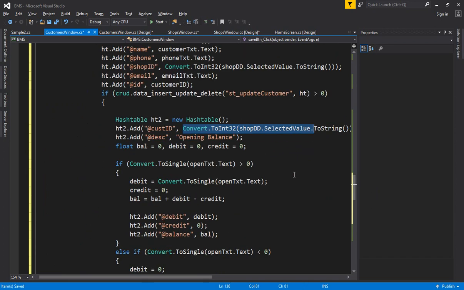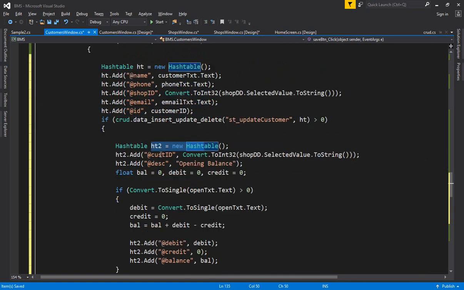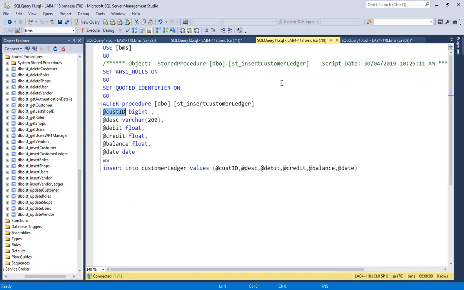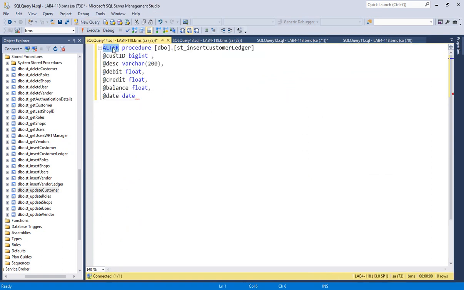Let us first do the updation code and then we'll see this problem. Okay, close this properties window. We are in the update mode, all the things are there, the update will be done, and then you have created the hash table, and for updating the customer ledger we have to go and copy this code and come here, paste it, create procedure